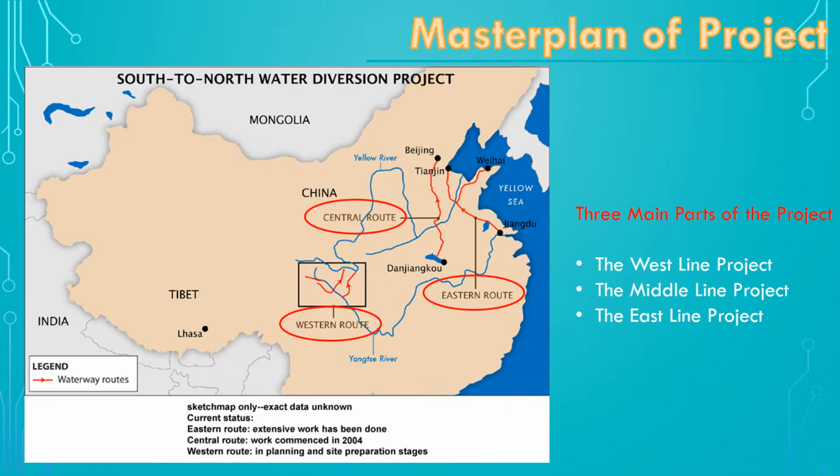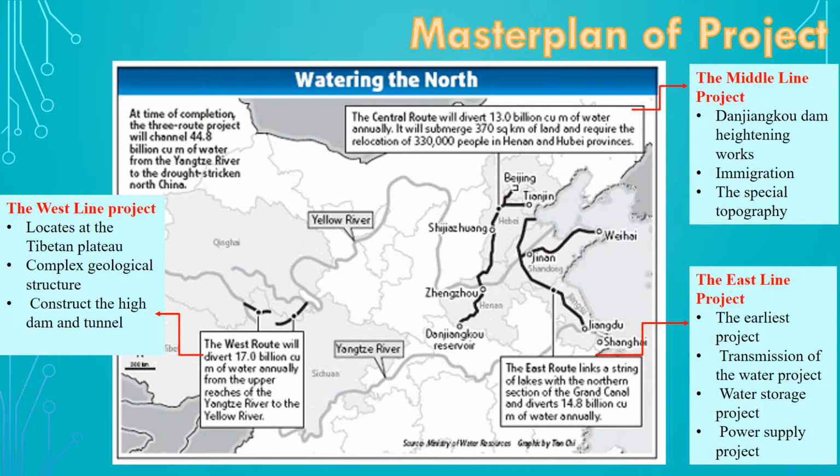The South to North Water Diversion project consists of the West Line project, the Middle Line project, and the East Line project. At the end of this map, this is the East Line project. The East Line project is the earliest project among the plan,